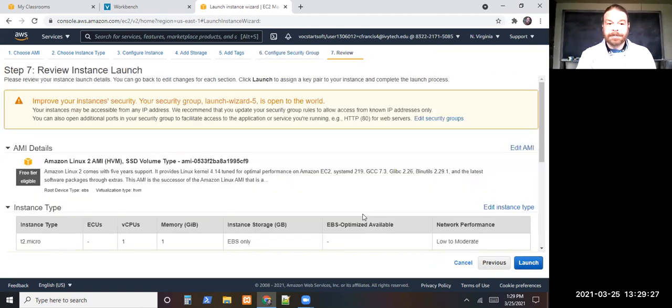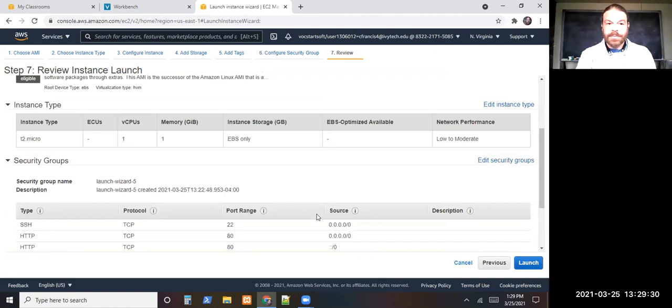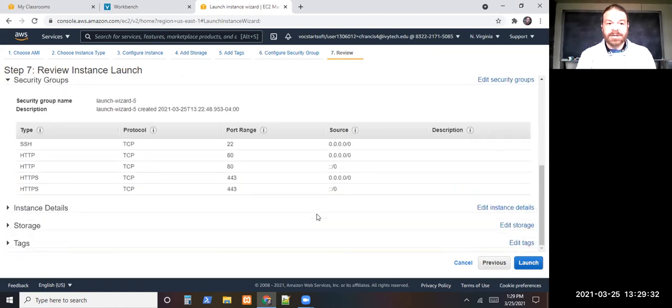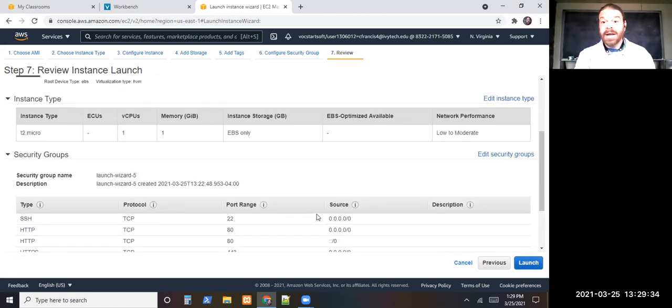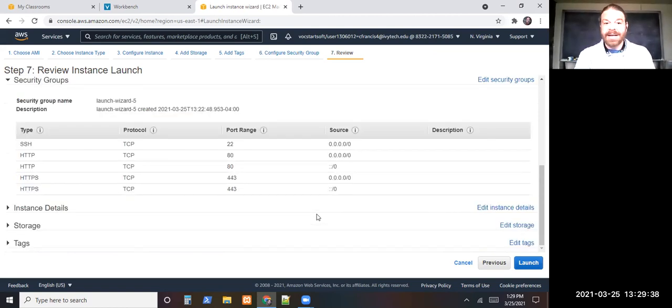So you hit that button and kind of see all the details about it. And if you missed any of that, we can come back and adjust it later. It's not like it's locked in place. Amazon is just giving us a server here, so we have full control over that server. We can do whatever we want to it. This is just a nice, easy wizard to get everything set up to begin with. We can come back and do all that stuff later. But if everything looks good, hit the launch button,